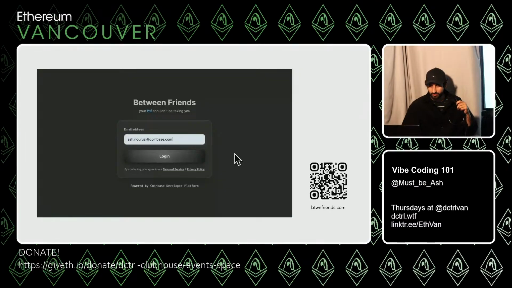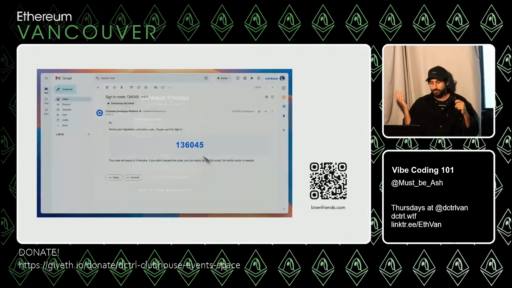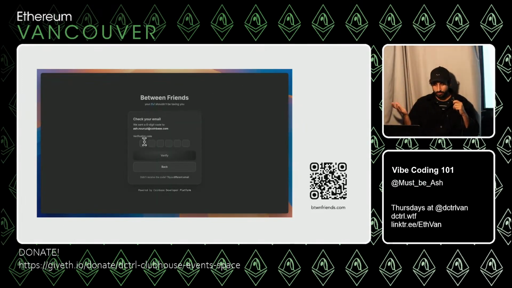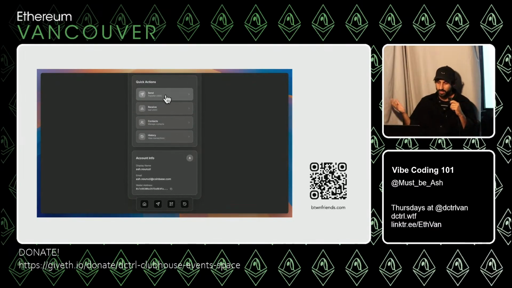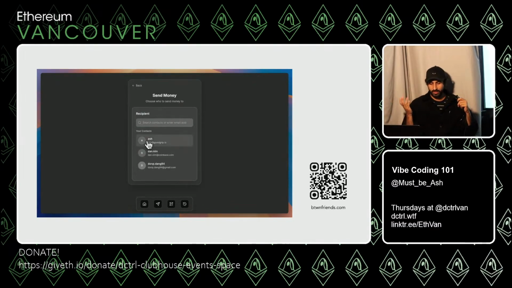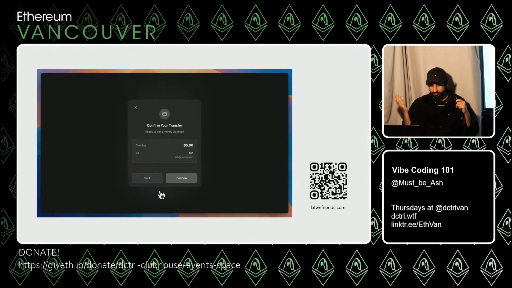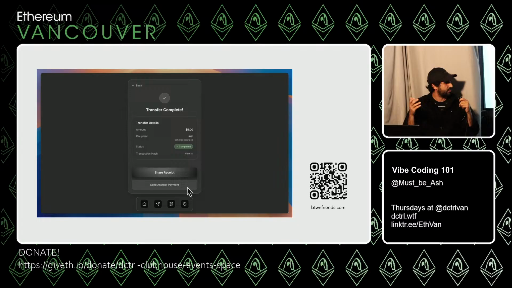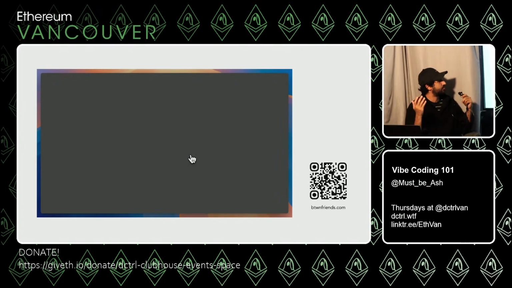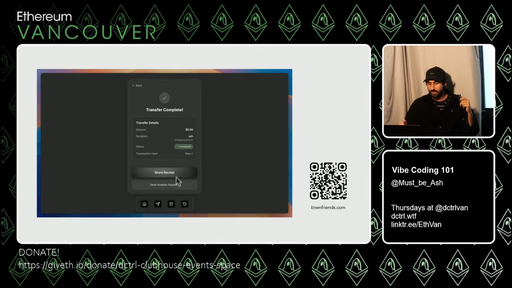This is one of the latest ones that is not out yet, but it's an alternative to PayPal. You just use your email. This is the OTP you would get. And just like that, you logged into your wallet or you created one, and you could just use it to send your friends or family USDC to their email address, even if they're not on the app, because the embedded wallets also provide out-of-the-box authentication services. So this goes to an escrow, and waits for them to claim it.